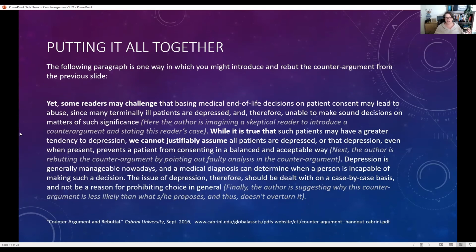Yet some readers may challenge that basing medical end-of-life decisions on patient consent may lead to abuse, since many terminally ill patients are depressed and therefore unable to make sound decisions on matters of such significance. So you see here that the author is imagining a somewhat skeptical reader to introduce a counterargument and stating that reader's case. While it is true that such patients may have a greater tendency to depression,